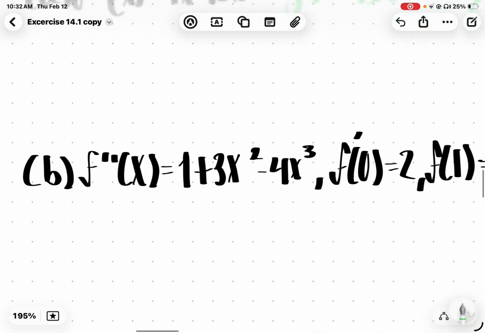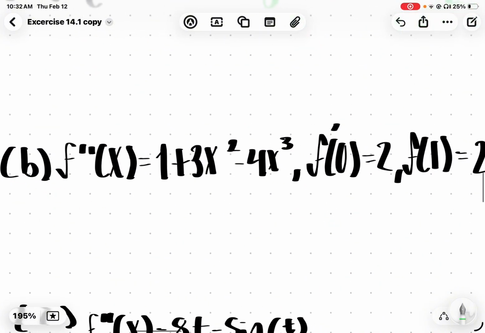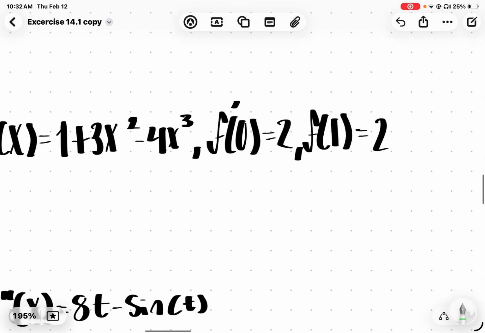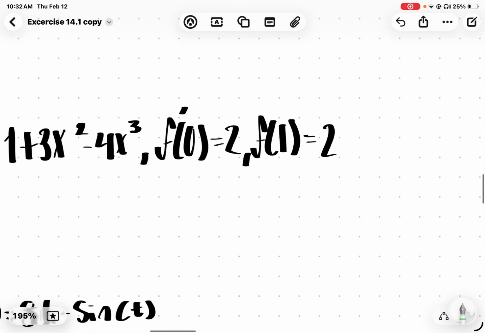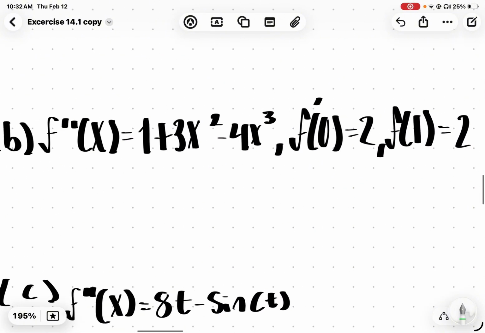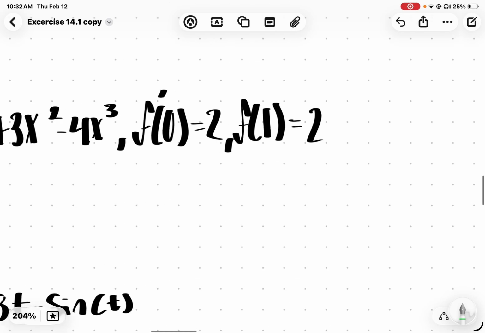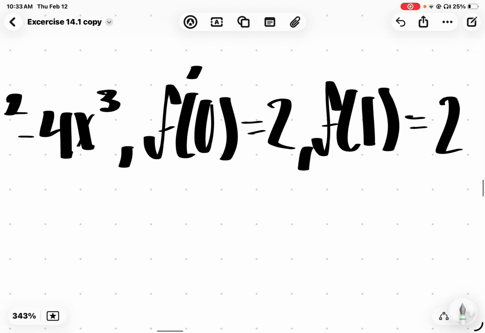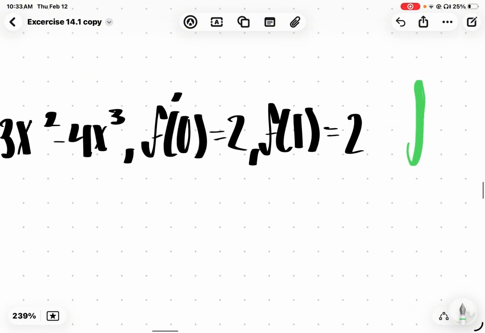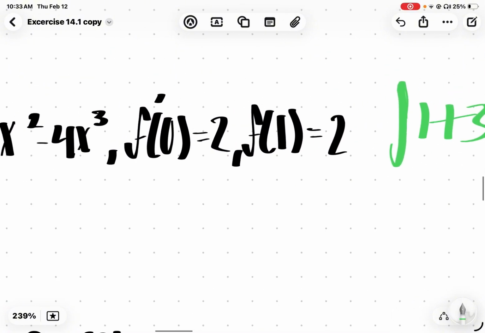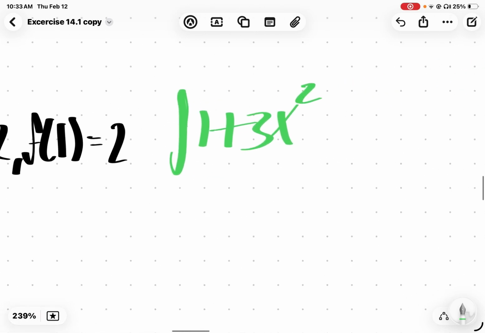Now moving on to part B, we're given the second derivative, which is 1 plus 3x squared minus 4x cubed. And we are also given that f prime of 0 equals 2 and that f of 1 equals 2. So that means we'll have to find the constants. First, similar to last time, we'll have to find the integral. So we have the integral of 1 plus 3x squared minus 4x cubed